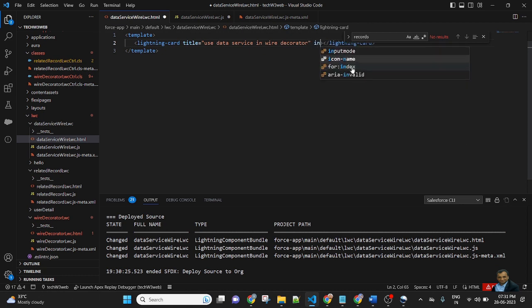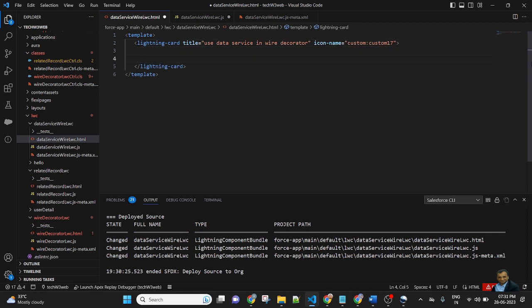Icon name equal to custom, colon, custom17, and here I will display the values of the account, name and phone.